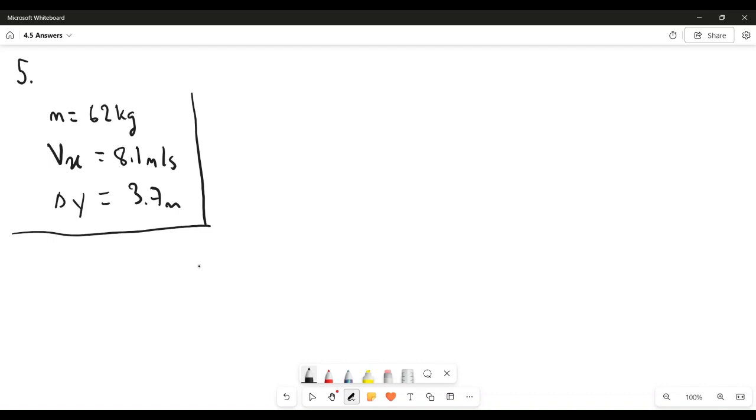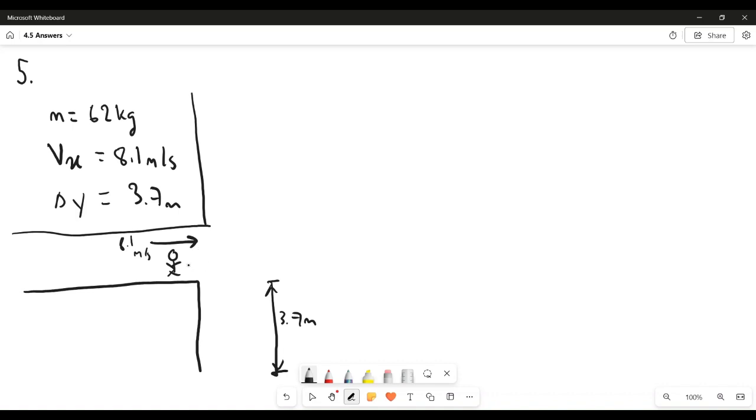And so to solve this question, firstly, we need to figure out the velocity that the snowboarder goes after sort of falling down that vertical dip. And so actually I'll draw a little diagram here. And so let's say this is 3.7 meters. We have the snowboarder over here, and she's initially traveling at 8.1 meters per second,